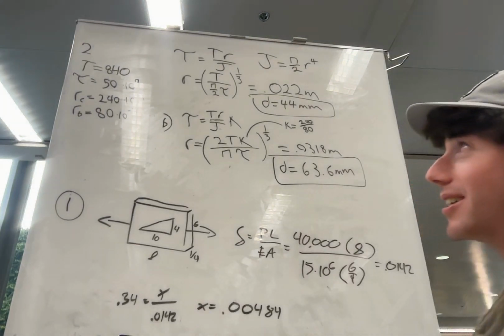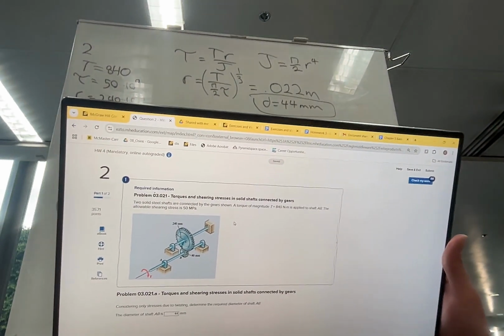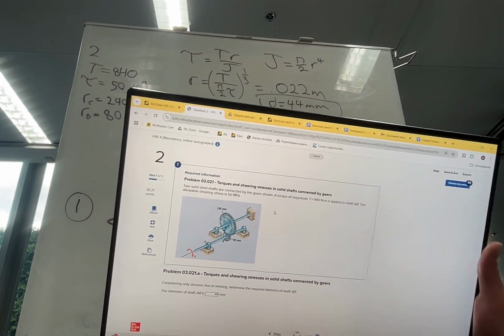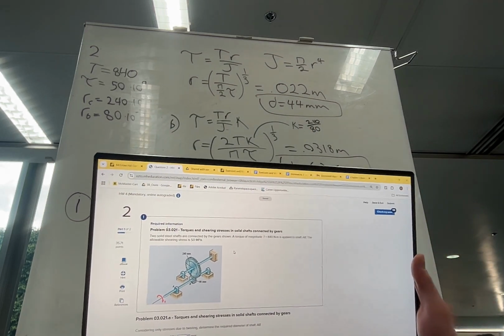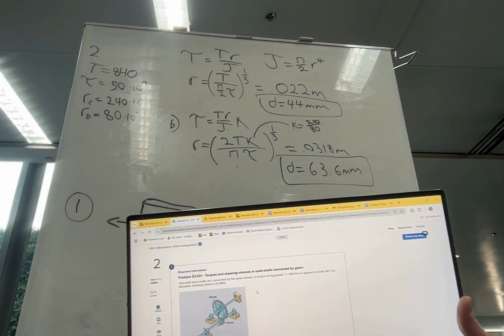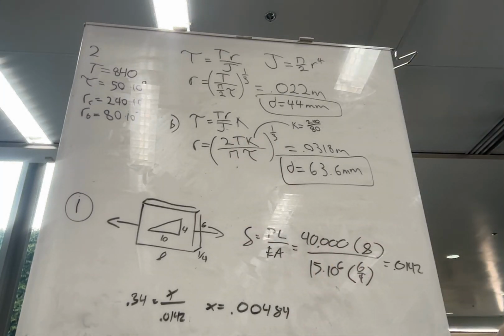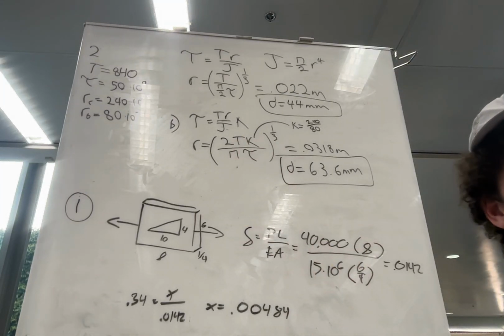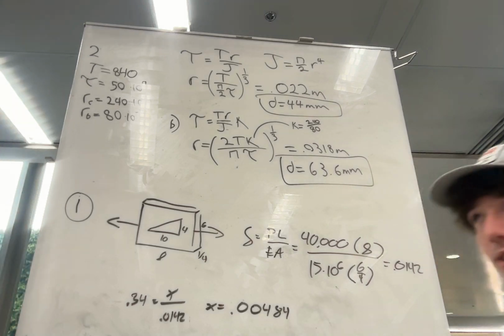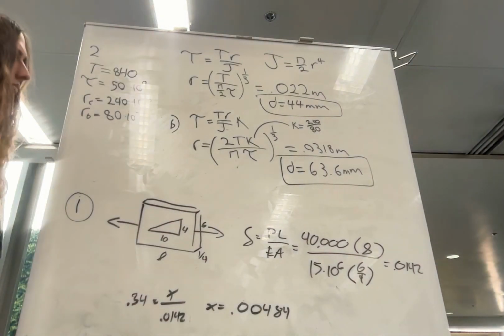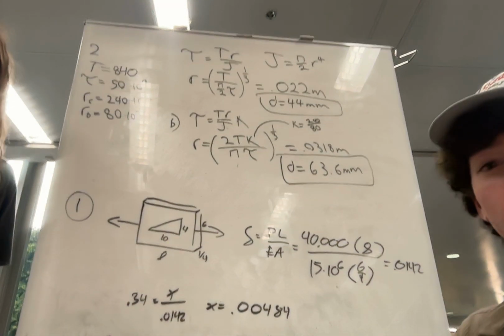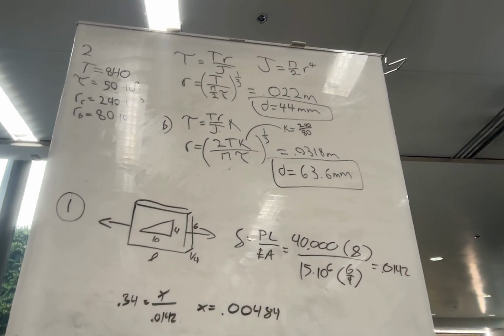Starting off with number 2 here. That's the diagram for it. We got a torque applied to a rod, which is then connected to another rod via 2 gears. And we are looking for the diameter of shaft AB, which is the bottom one, which the torque is being applied to. So we can do this with the equations that we were learning about the past week, where shear